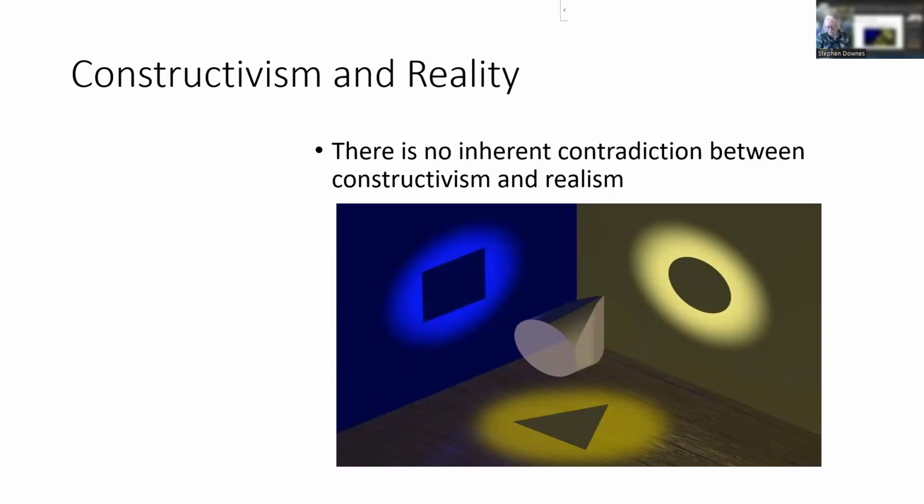floor. Viewed from one perspective, the object looks like a square. Viewed from another perspective, the object looks like a circle. Viewed from yet a third perspective, the object looks like a triangle. So we can see right offhand that even if there is one reality, we can still have different perspectives. Now, what's interesting here is that